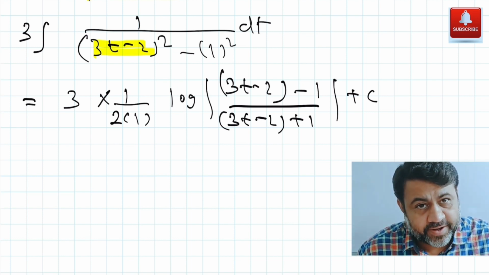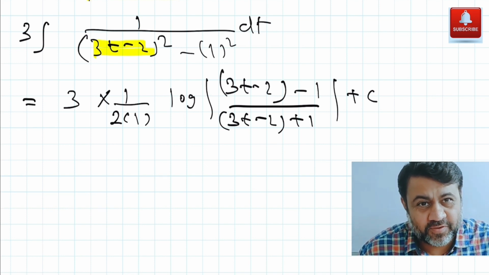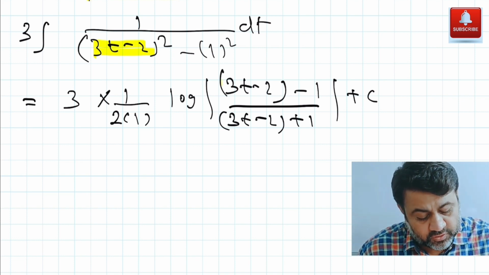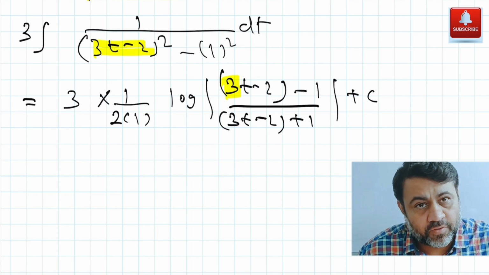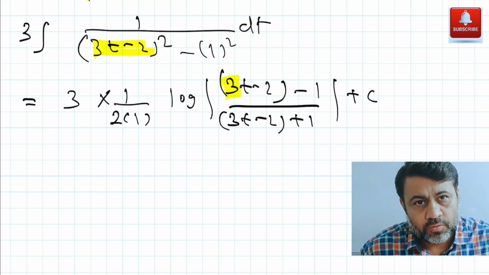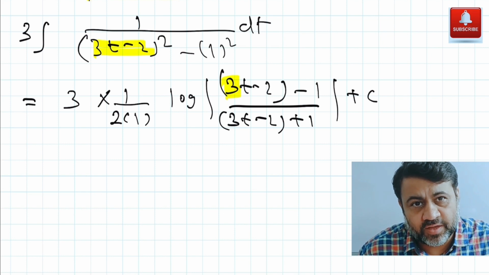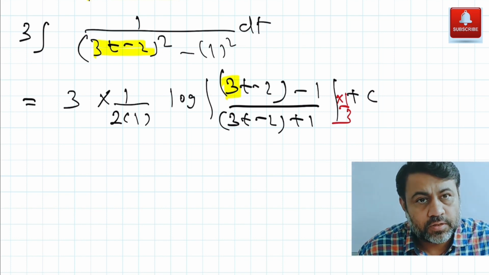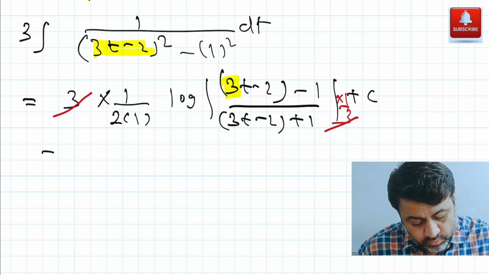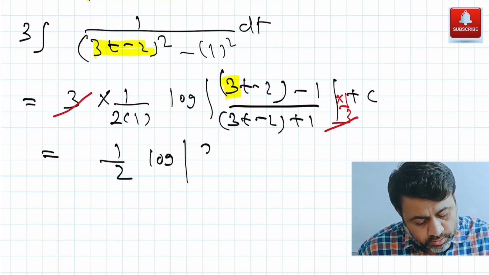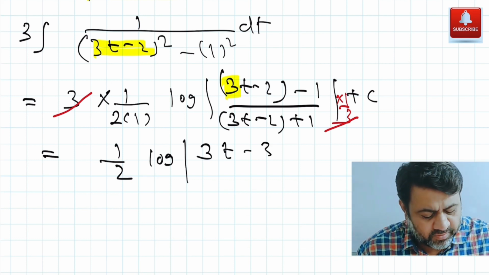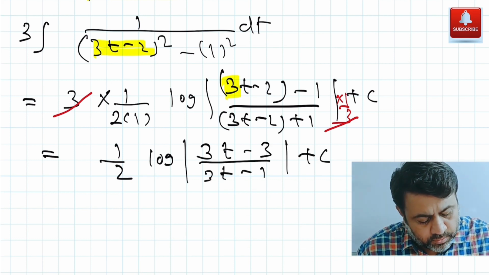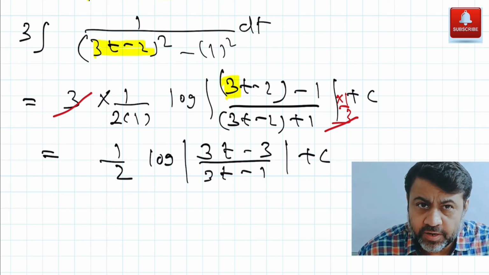Now what we need to do here is we just need to simplify this a little bit. Did I forget something here? Okay, in the previous video, this was made very clear 2-3 times, that whenever the coefficient of x is anything apart from 1, multiply by 1 by that number. So here the coefficient of t is 3, so my next step is actually multiplying by 1 by 3. So this 3 and 3 is getting cancelled, but you need to do that thing. What we get here is 1 by 2 log mod 3t minus 2 minus 1, simplify, minus 3, 3t minus 1 plus c. Is the problem over?